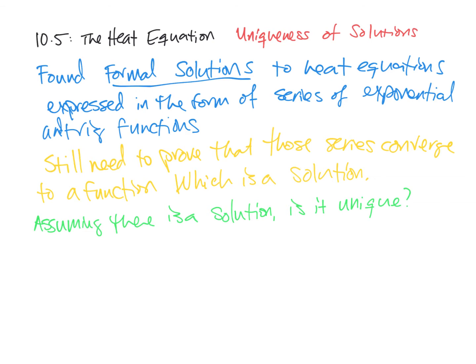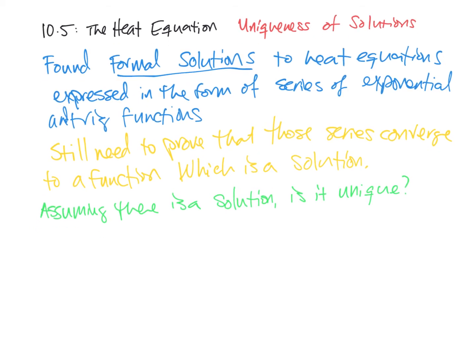We have found the form of one particular solution. Like we came up with a formula to say, if this is the problem that you have, then just compute these coefficients, and then here's the solution. And so that might make it seem like that could be the only solution, but we actually haven't ruled out the possibility that there's some other way to find a solution. So in this video, we're going to show that the heat equation can have at most one unique solution. So first we're going to state another theorem